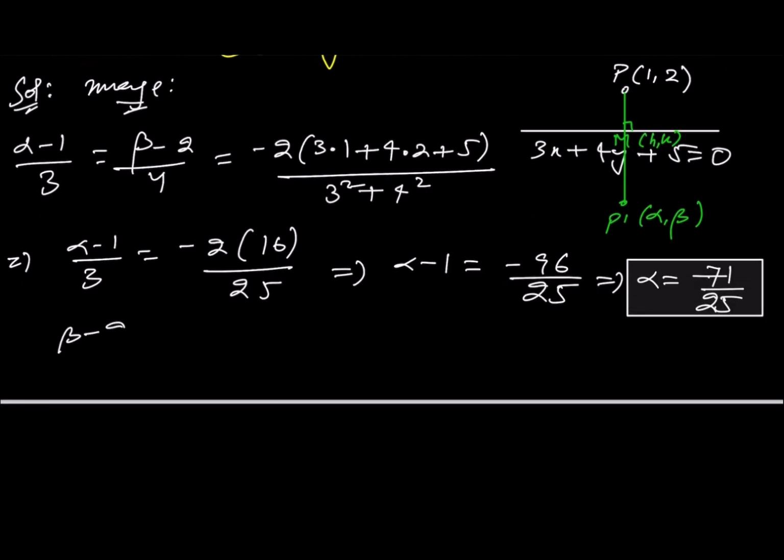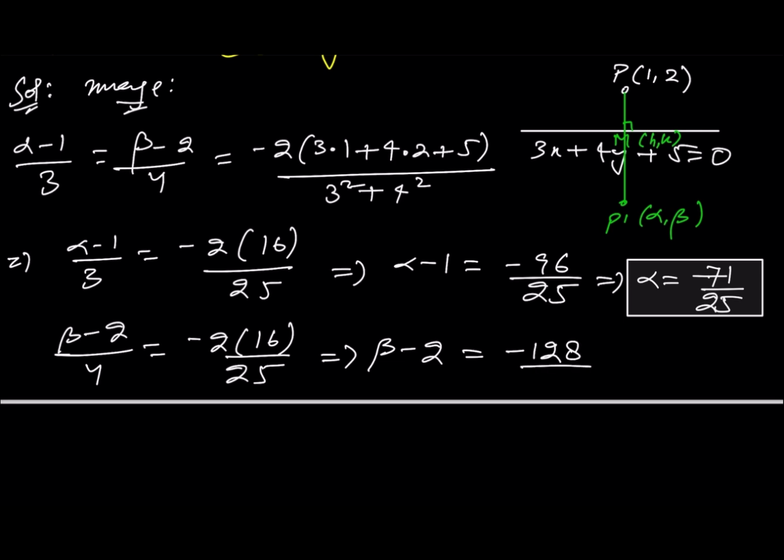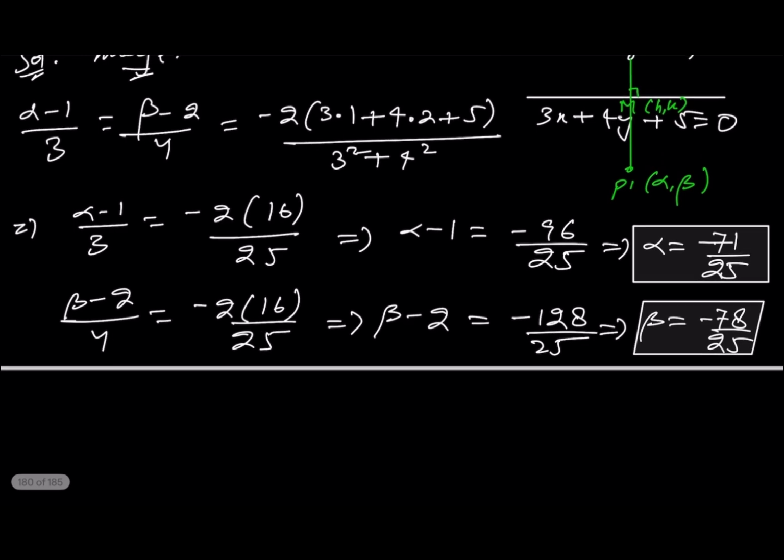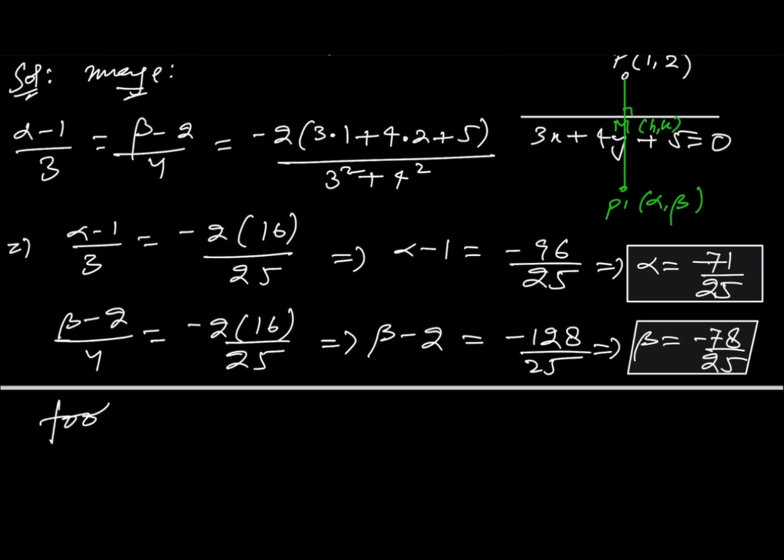And (beta minus 2) by 4 is equal to minus 2 times 16 by 25. So beta minus 2 is equal to minus 128 by 25. So beta is equal to minus 78 by 25. So this is the image, and the foot of perpendicular is